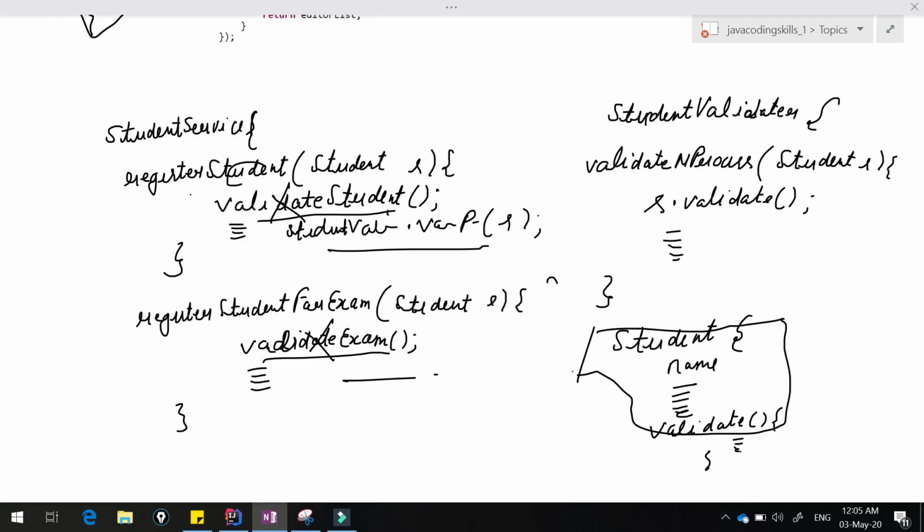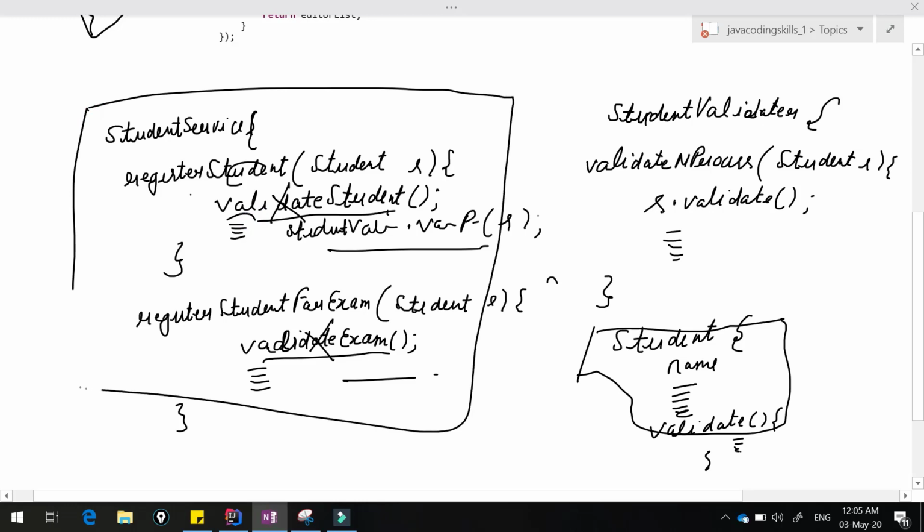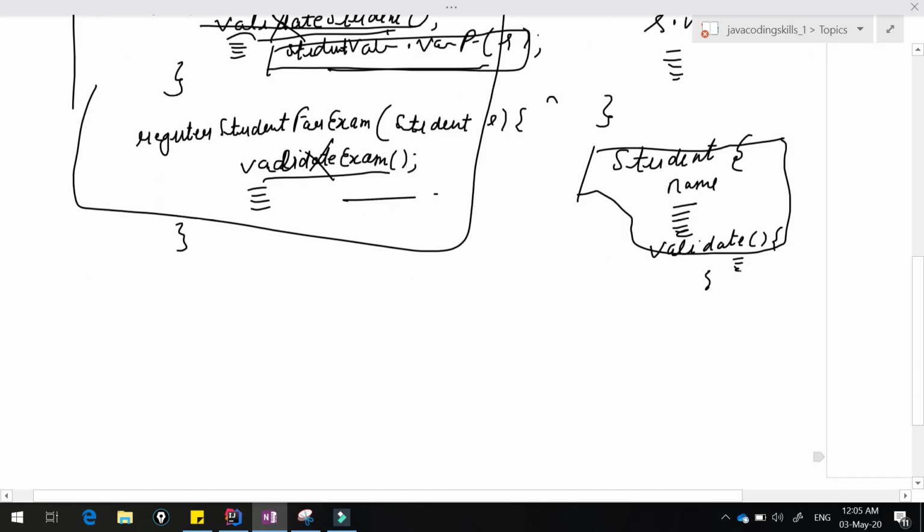So here the idea is we can introduce the anonymous classes feature. How can we achieve that? For that, the student service, the left part remains the same. We can remove this and continue with this. Let me write it separately here.